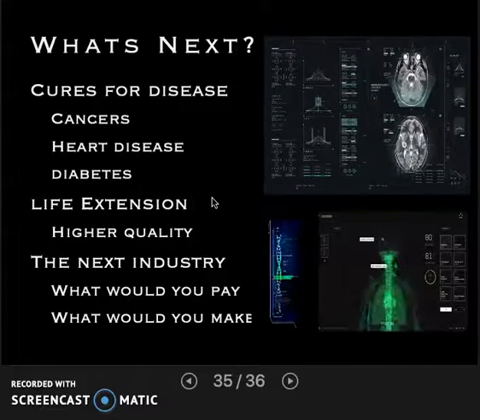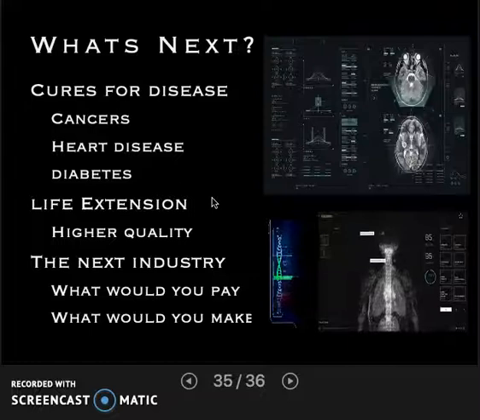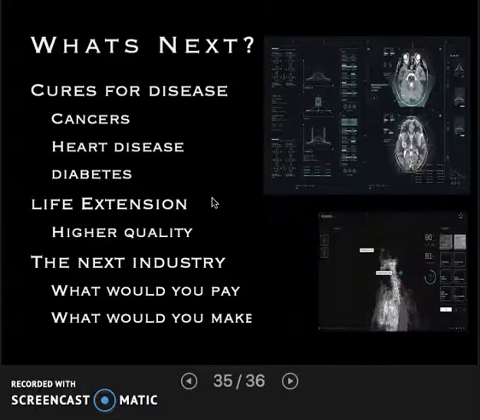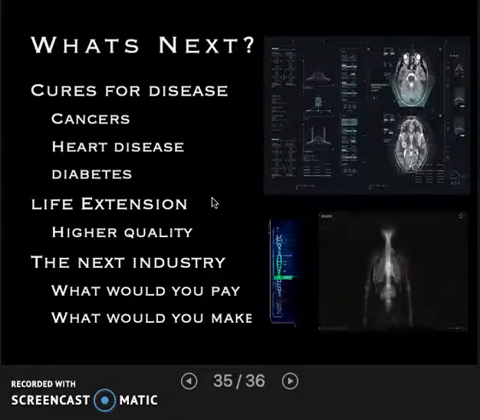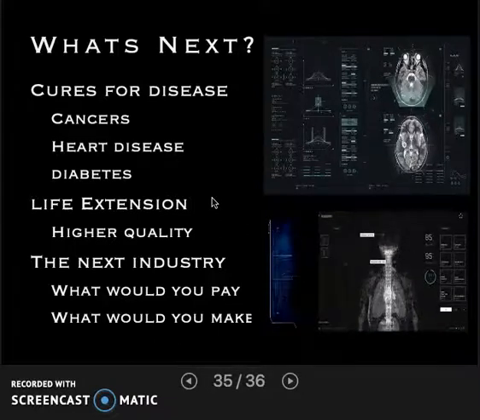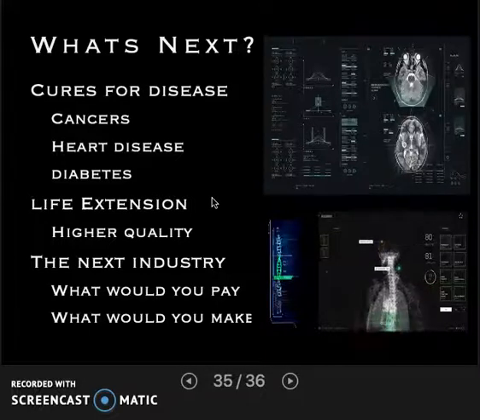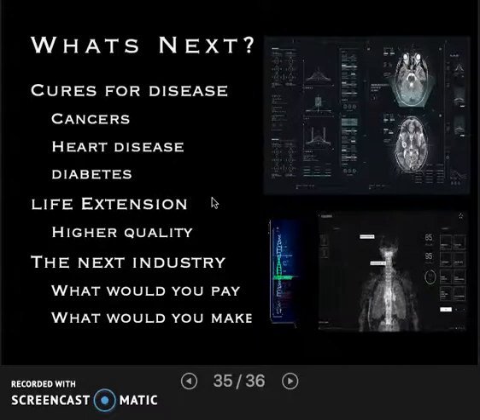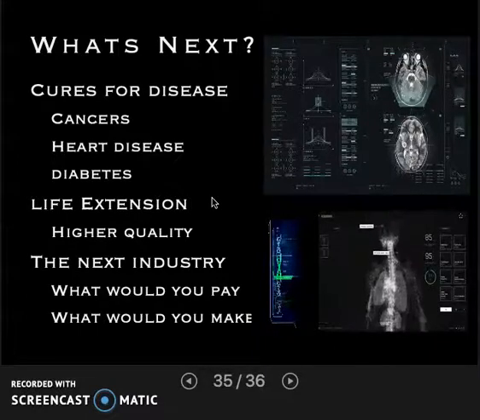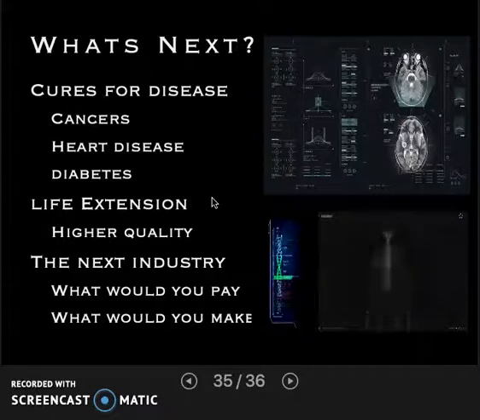Obesity is one of the biggest epidemics in our country. I think something like 40% of Americans are obese at this point. You could potentially take a drug and cure obesity. Of course, that's going to lead to life extension. Not only just living longer, but maybe even having a higher quality life. As you age, all kinds of things happen. Your skin gets saggy, your hair falls out, you lose your muscle mass, you become miserable. Well, you could potentially have genetic engineering that would mitigate that.